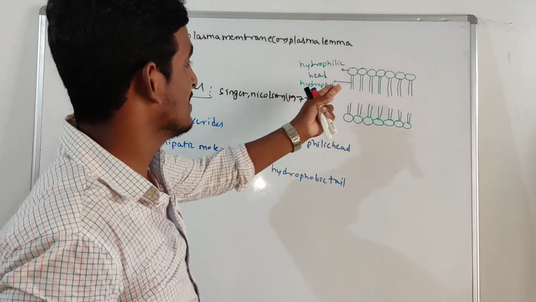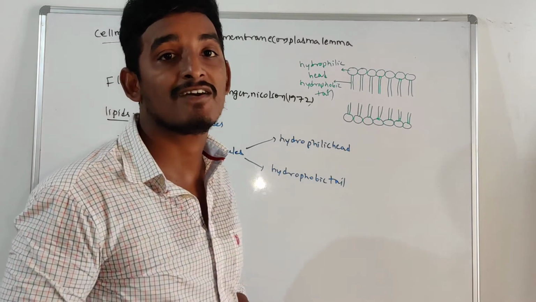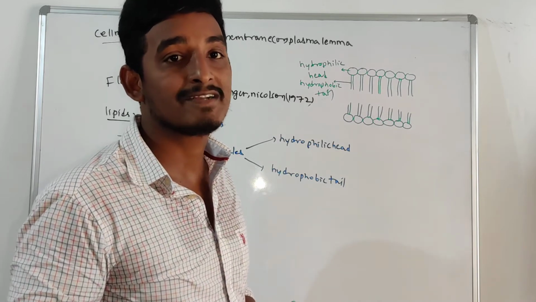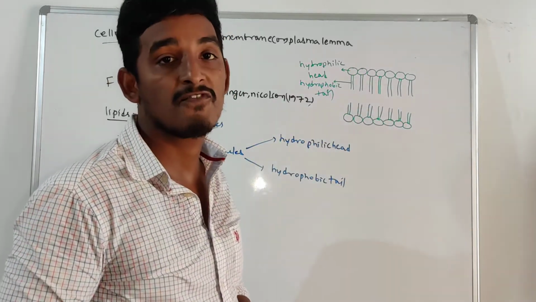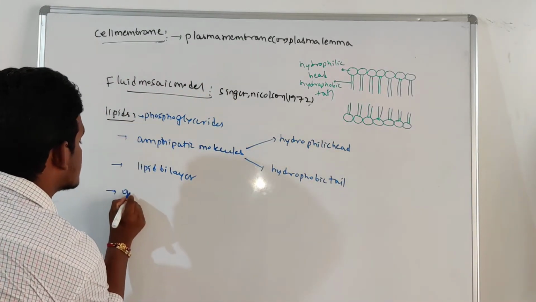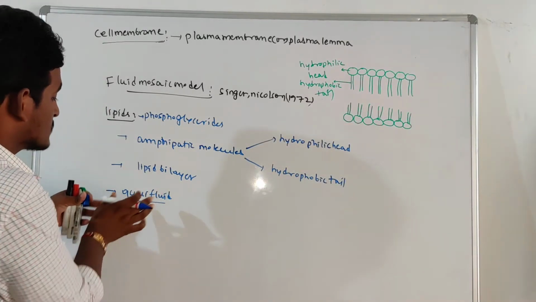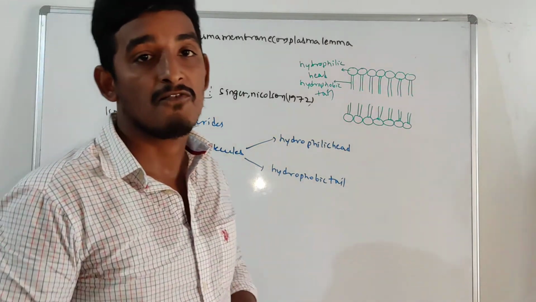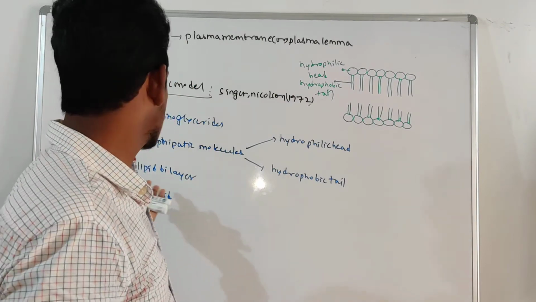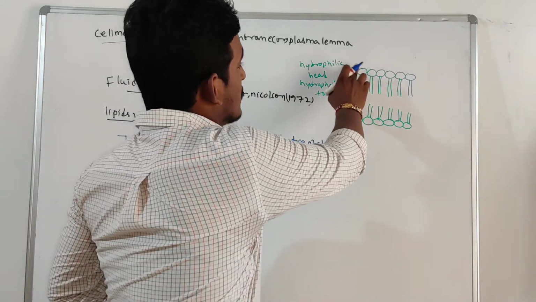So the lipids have one property, that is the quasi-fluid nature of lipids. It is helpful for movement of proteins or lipids, a lateral movement or a flip-flop movement. Which type of nature? That is a quasi-fluid nature. It means the lipids are not completely fluid or liquid, and not completely solid. So it is a jelly-like substance, right? That character is helpful for the movement of these proteins or lipids.